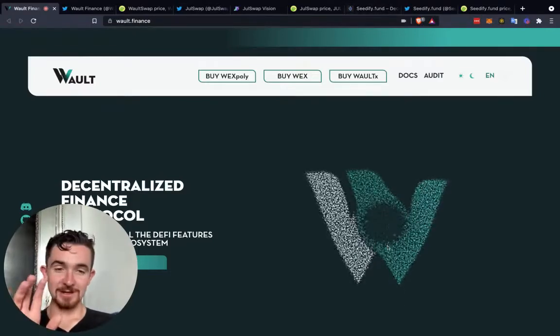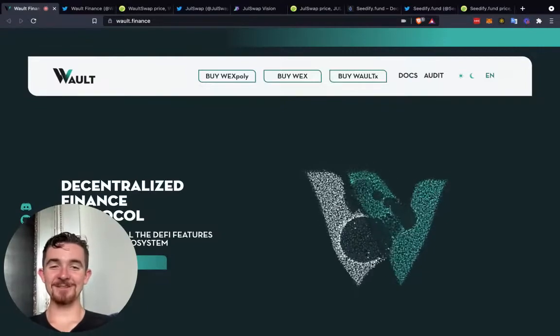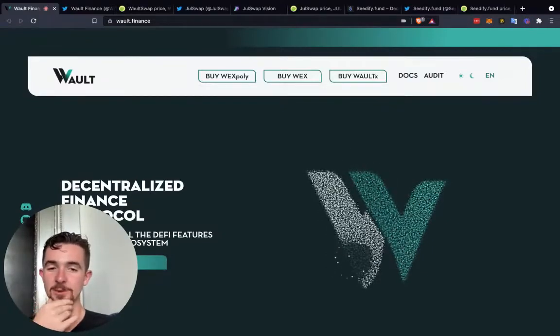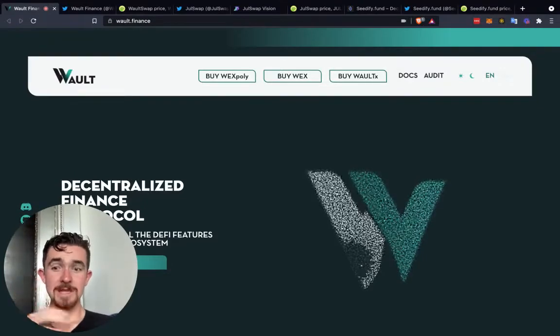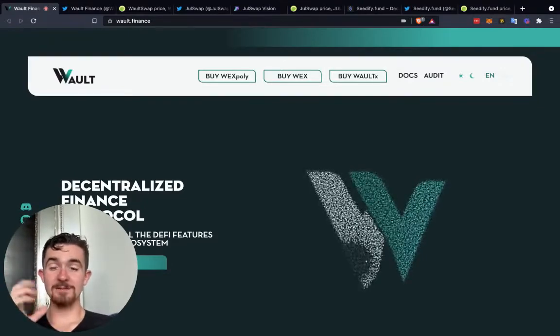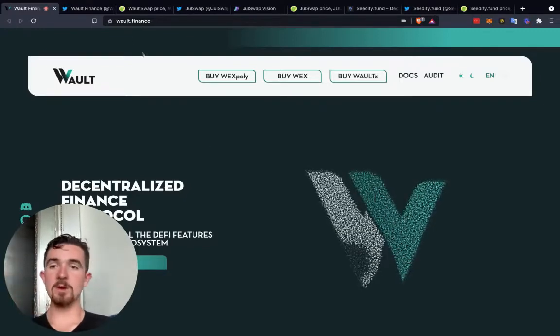Now, I do like this. It's kind of cool actually with Wault, this kind of cool interactive logo thing. Just as a little disclaimer here, be very careful with Binance Smart Chain. This is one of the most scam-ridden blockchains because it's very, very easy to start a project on here. But once they have enough capital, it's a little bit better, but you still always have to do your own